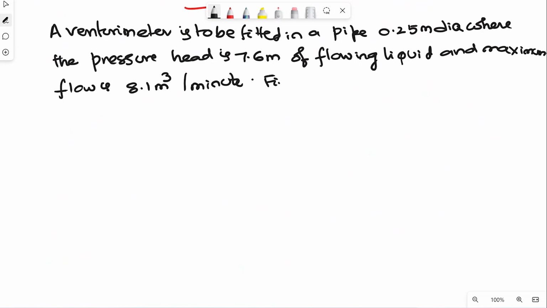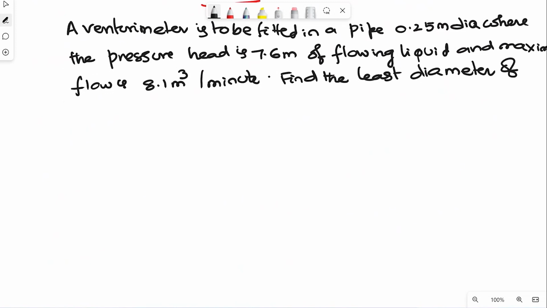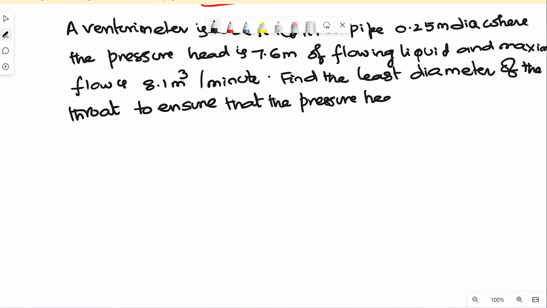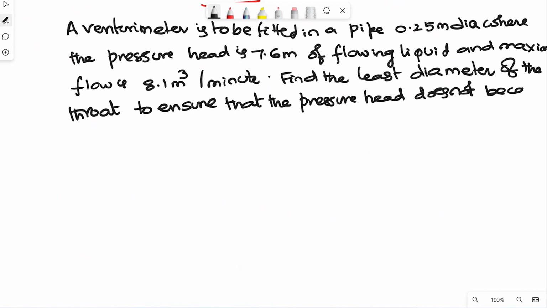Find the least diameter of the throat to ensure that the pressure head does not become negative. Take CD is equal to